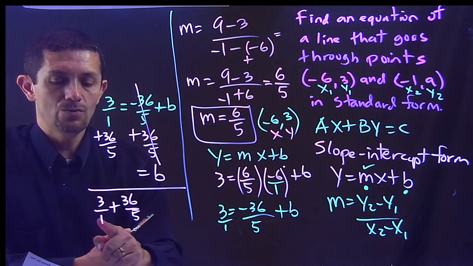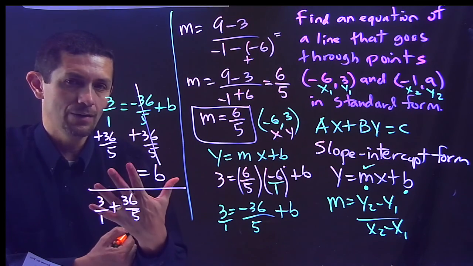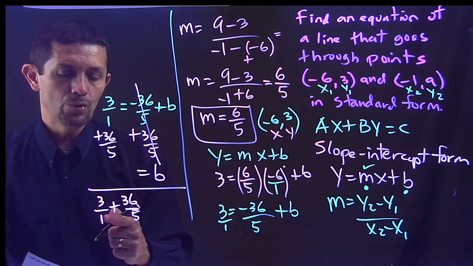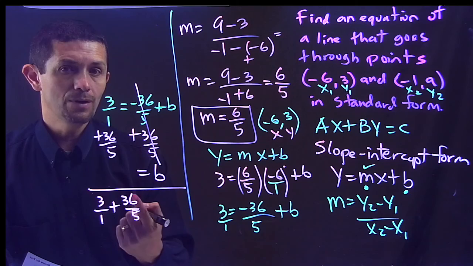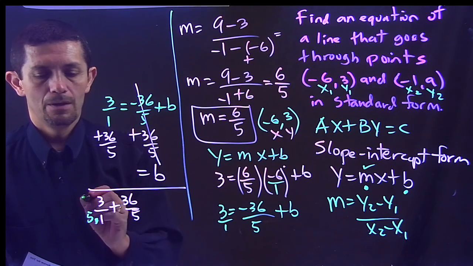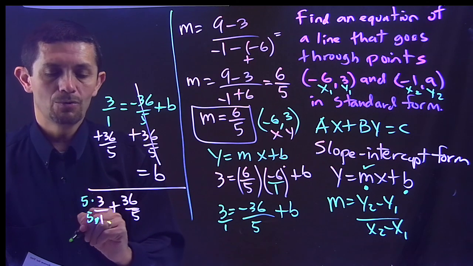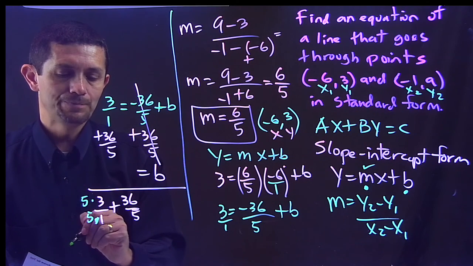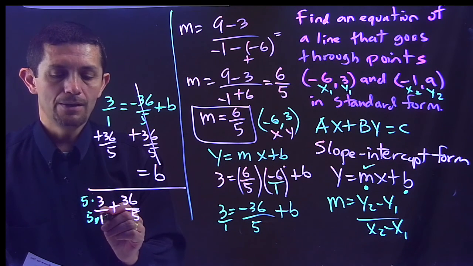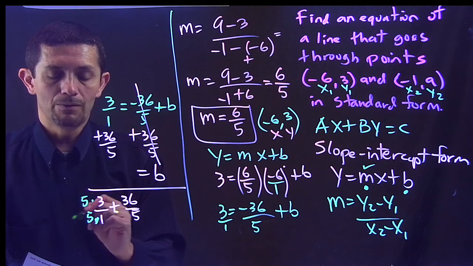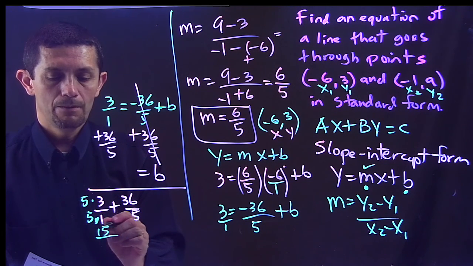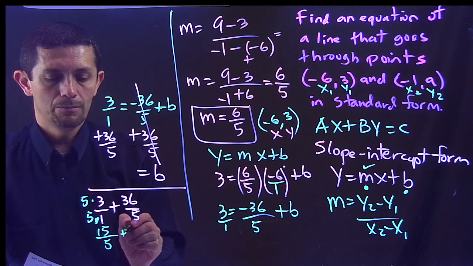So I need to have here, instead of a 1, a 5. How can I turn that 1 into a 5? By what number do I need to multiply 1 to get 5? I multiply by 5. If I multiply by 5 on the bottom, I multiply by 5 on the top. So in order to not change the fraction, if I multiply by 5 on the bottom, I have to multiply by 5 on the top. So 5 times 3 is 15. 5 times 1 is 5, plus